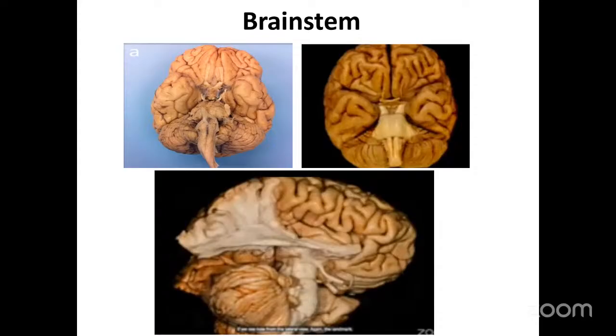I can say that the whole of life is dependent on the brainstem. That's why, when death is being declared, very soon and early we check the brainstem reflexes. We can see in the picture that it's so small compared to the whole volume of the brain, but this small area is doing a lot of work.